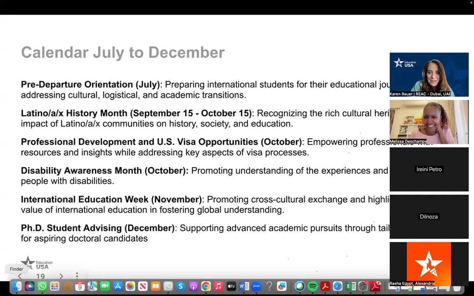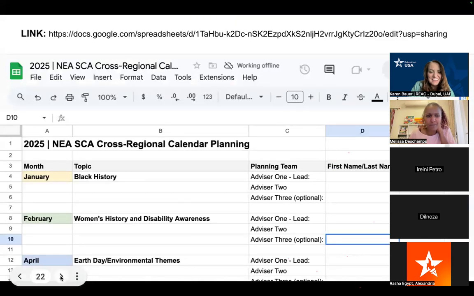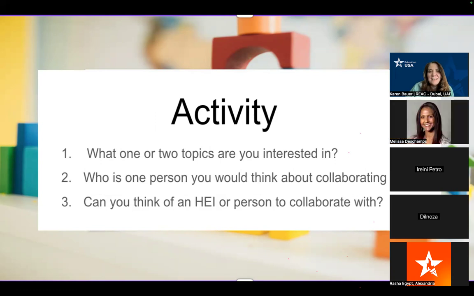Feel free, those of you who haven't had a chance to answer the question, but we'll just move on to the second question, or a little activity. Can you think, no, this is a little bit harder. Can you think of a person who you would think about collaborating with? So an HEI rep that you've met, a name of a university, someone that comes to mind where you're like, I think I might be able to reach out to them on a topic. It could be the topic that you mentioned, or it could be another topic. So who's someone that comes to mind?